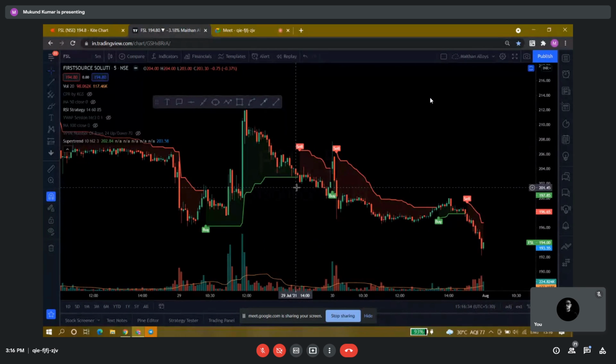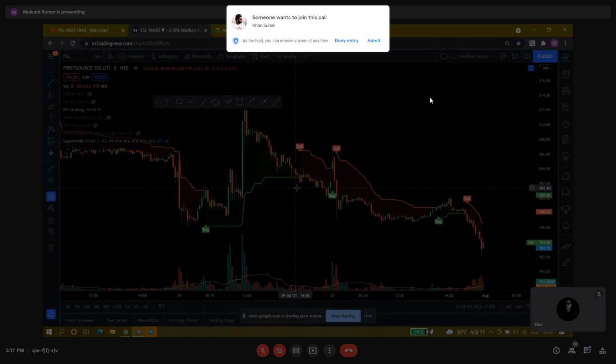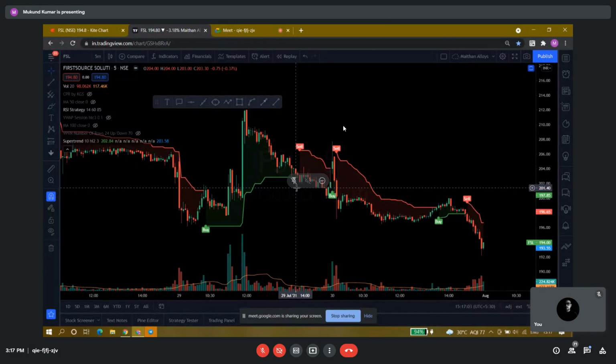Actually, I have understood your query. You simply want to understand what to do when the stock is sideways, in range bound. So the actual point here is we initiate our trade only when we see a trend in a stock. Is that true or not? When do we enter a stock, or when do we buy a stock? When we see it in a trend, or when we expect a good move in that stock, right?